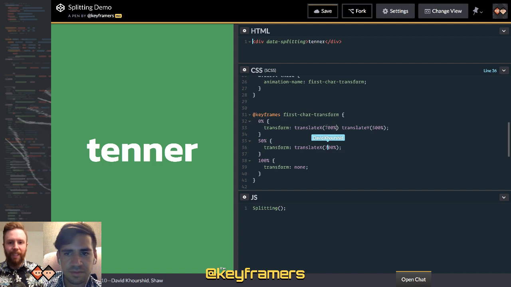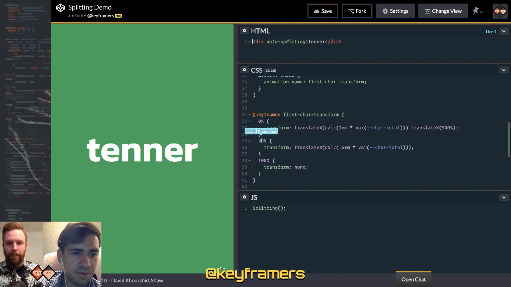Hold on. This is another instance where splitting variables can come in handy: 1em times var char total. And yes, CSS variables work in animation. There are so many useful CSS variables for splitting. Okay, so let's also do 40%, 60%, because it's going to pause a little bit there.